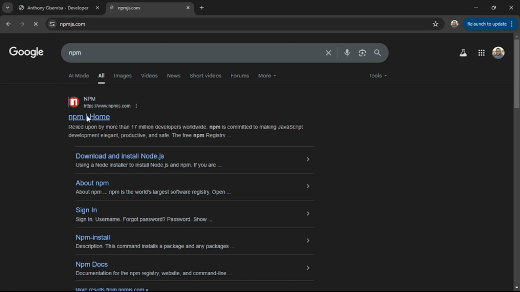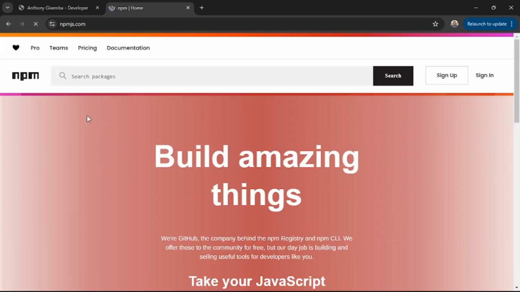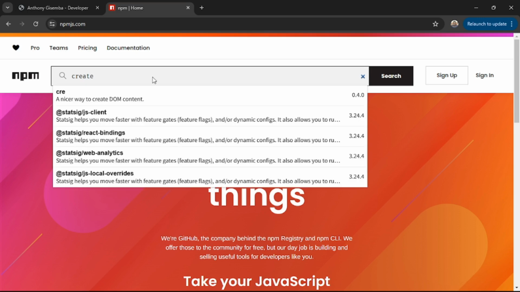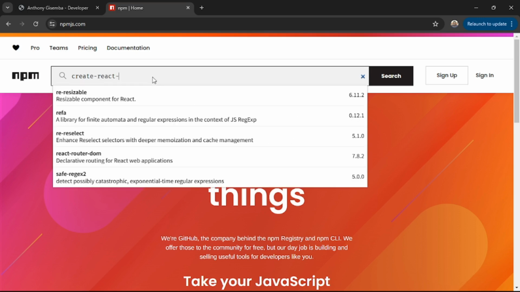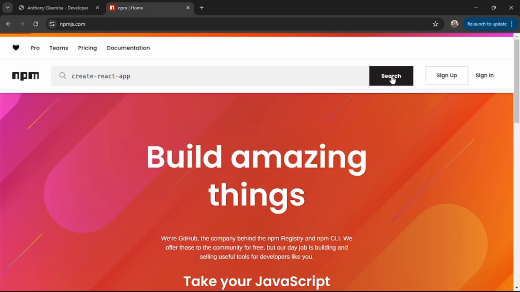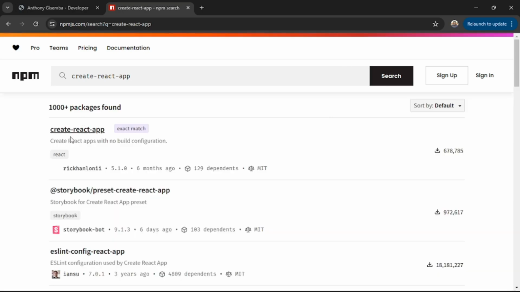So if you navigate to this main page, we are going to use this website a lot and a lot in our development, because it has all the installations and all the packages that we might need. So for this instance, you can just type here create-react-app, and then you press search. It's going to show you how you can install that, and the documentation and everything. So here it's create-react-app with no build configuration. So we just go with this one,